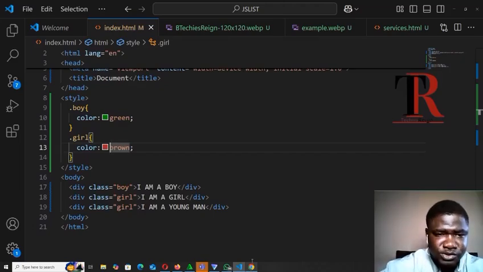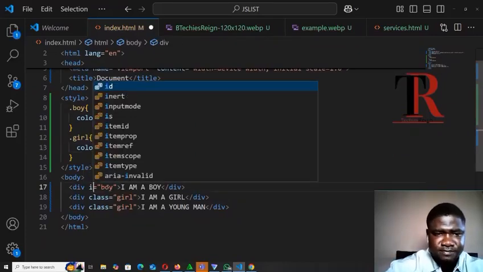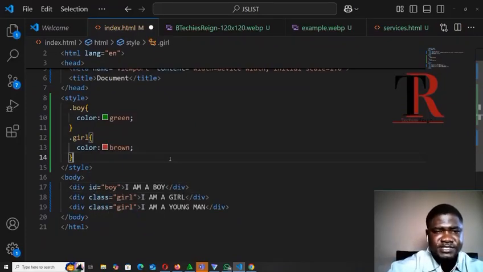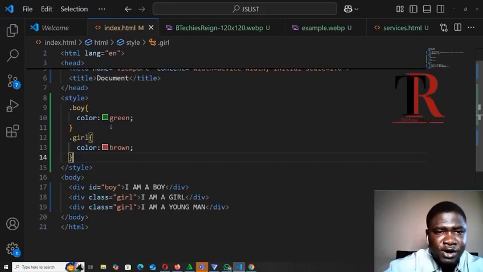Say for example, just for example, we try to say div ID. Div ID is boy. Okay, now I will try to save it. It will give us black. I am a boy is black, but here we said I am a boy is what? Is green. So why it's not showing is that what is the reason I told you earlier that when you are using ID